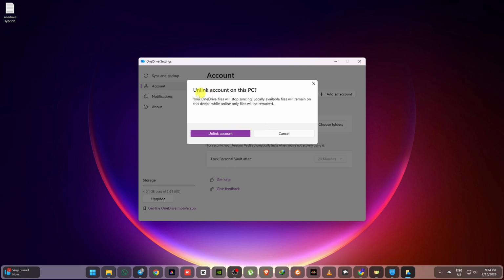If you ever change your mind, you can reconnect by opening OneDrive again and signing back in. It will relink your PC and resume syncing. For now, though, you've effectively removed OneDrive's integration from Windows 11 and stopped it from running and syncing in the